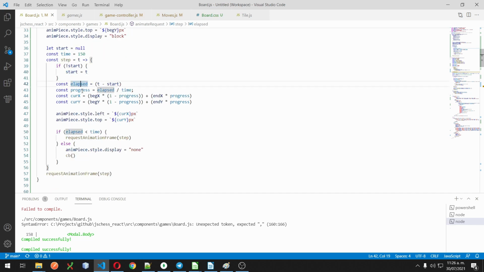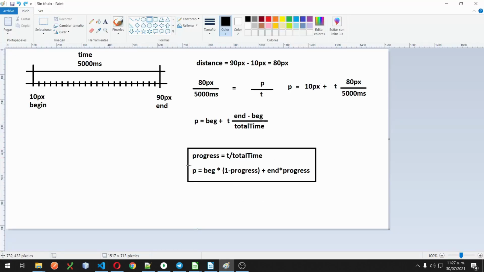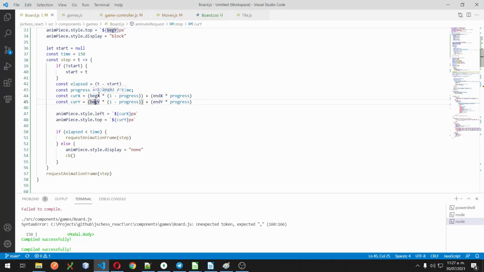Elapsed is going to be 0, progress is going to be 0, and current X and current Y will be at the beginning. Here you can see that we are using the formulas that we defined here to find out which position we should give to the object that we are animating based on the elapsed time.